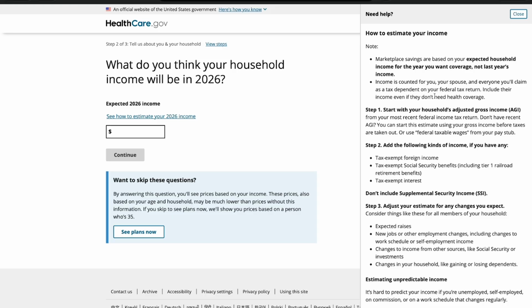I'm not anticipating much change in our yearly income next year, and I'm the only person working in the household. So I would just go with my income at this point. And it's always suggested to slightly overestimate your income, because let's say you have a drastic change during